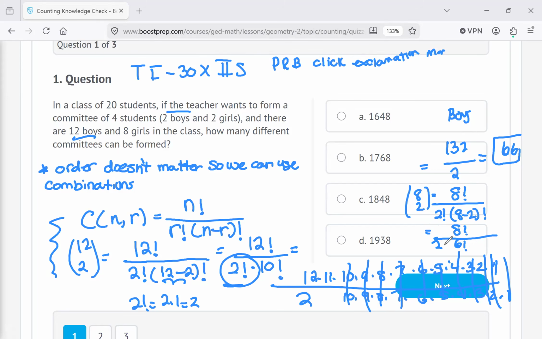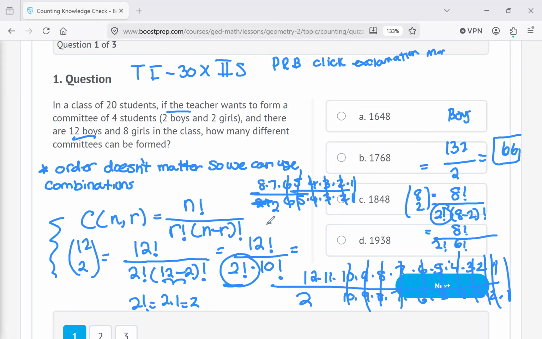And then you have this 2 factorial. So let me clean this up. 8 factorial is 8 times 7 times 6. And I'm going to stop at 6 because on the bottom you have this 6 factorial. So this 6 disappears because everything else, if you continue, is 5, 4, 3, 2, 1. And then at the bottom, it's going to be the same thing, 5, 4, 3, 2, 1. So I don't want to waste my time writing that out. And then you're still left with this 2 factorial, or 2 times 1, or really it's just 2,